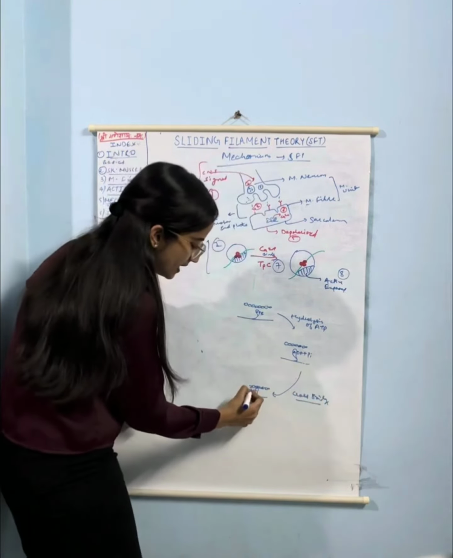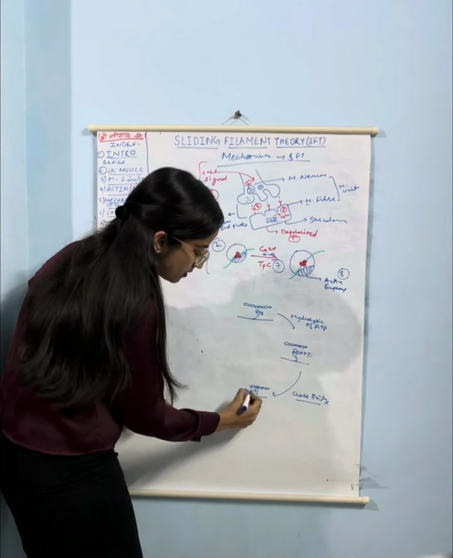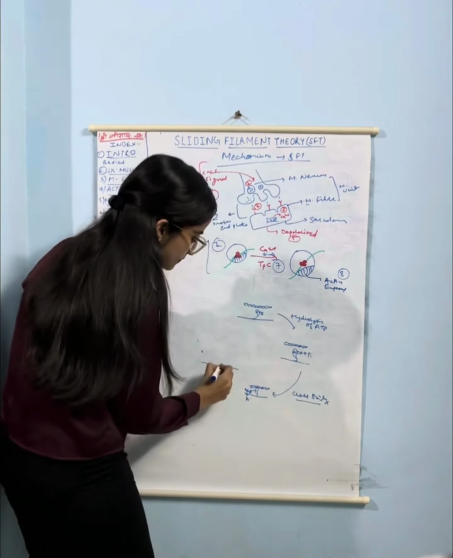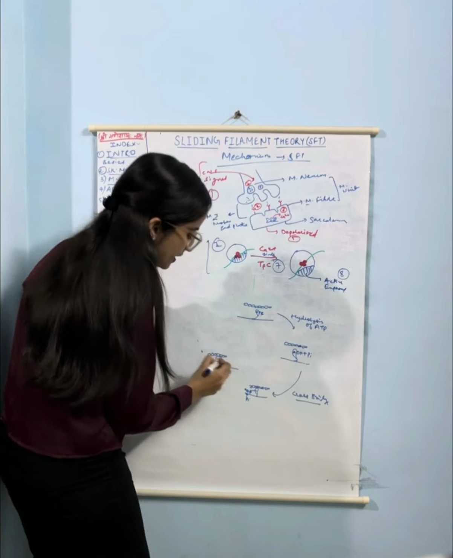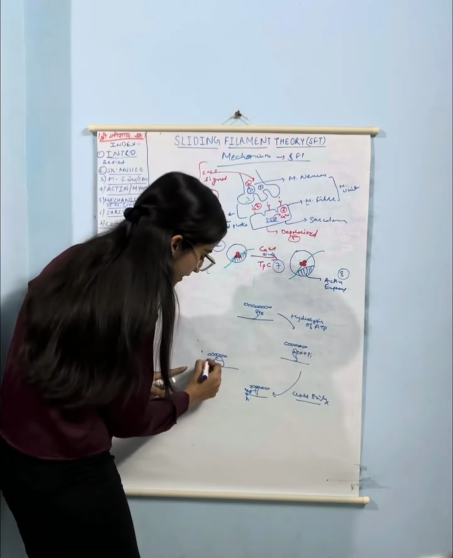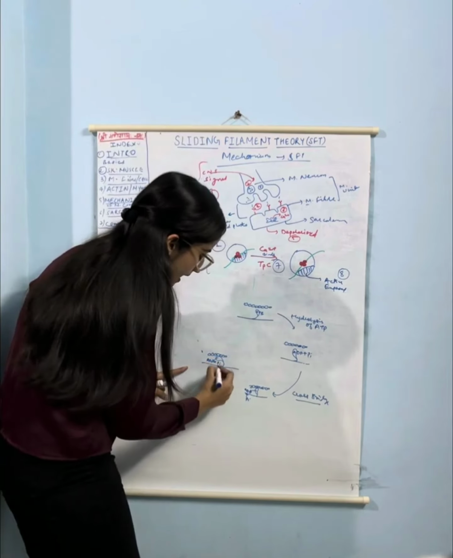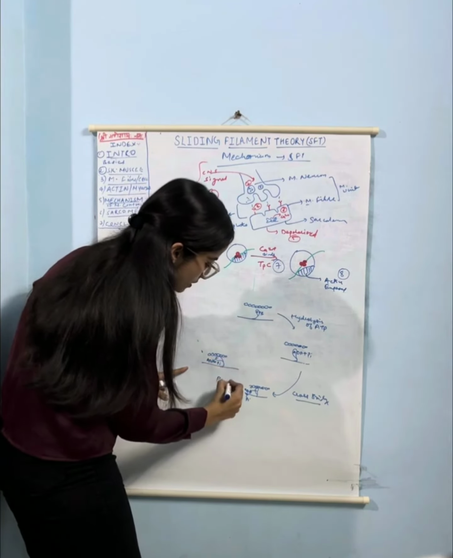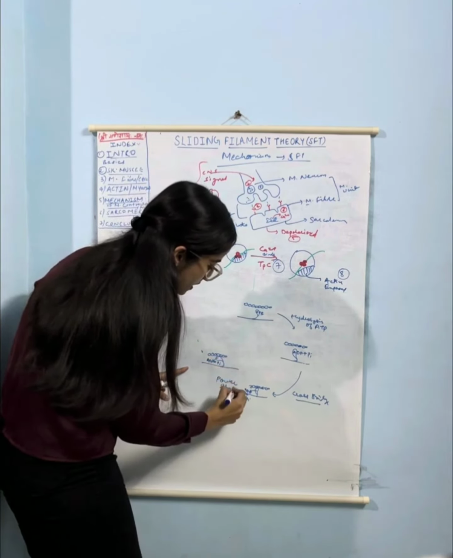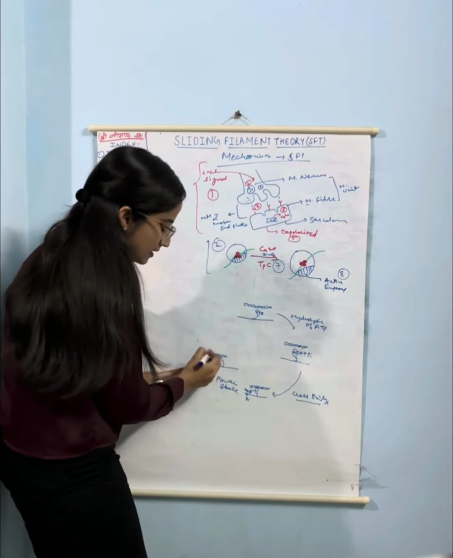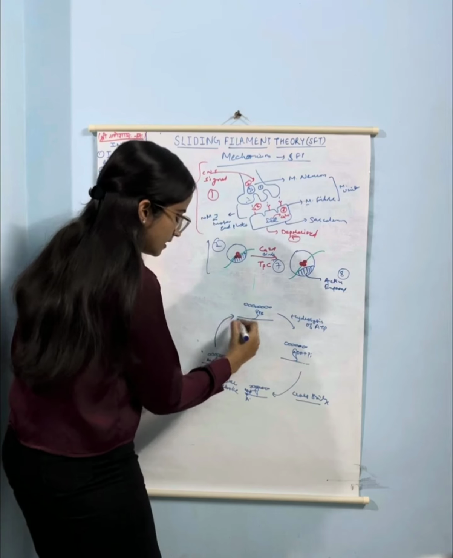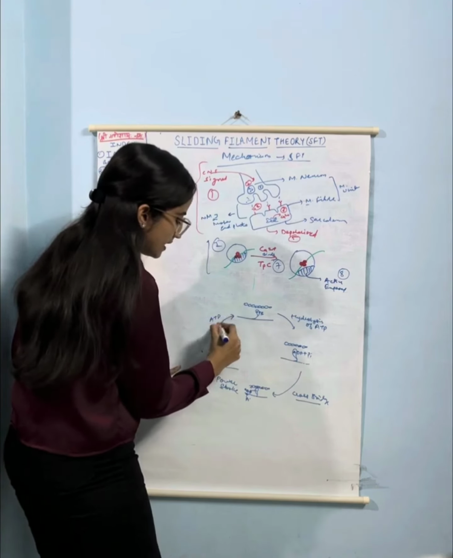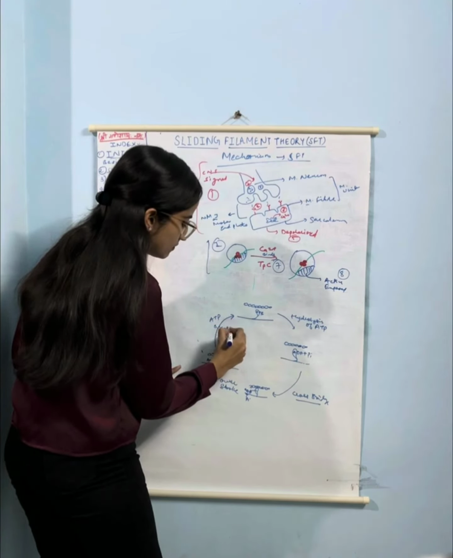Now this ADP and Pi molecule will get removed from this myosin head, and there will be rotation in its head, and it will result in the sliding of the thin filament or actin which is attached to it. So ADP and Pi molecule got removed, and this head experienced a power stroke, because of which there is a rotation in its head and sliding of the thin filament which is attached to it, which is actin, and then again an ATP molecule will bind to this myosin head, and it will result in the breaking of the cross bridge.